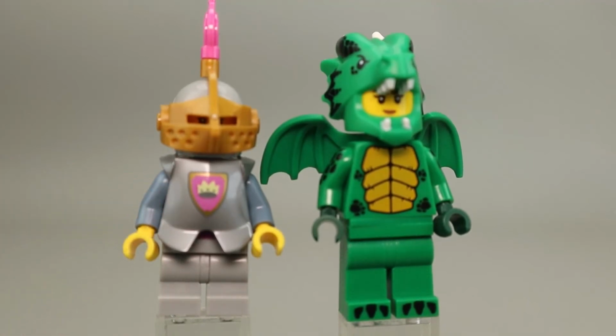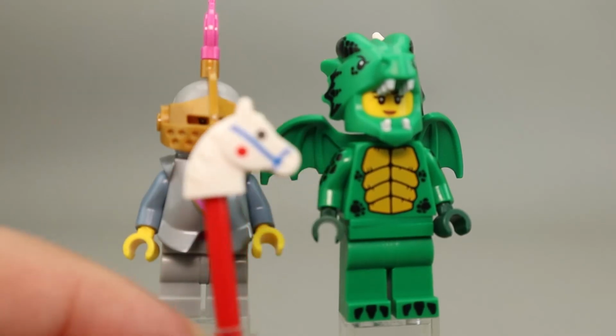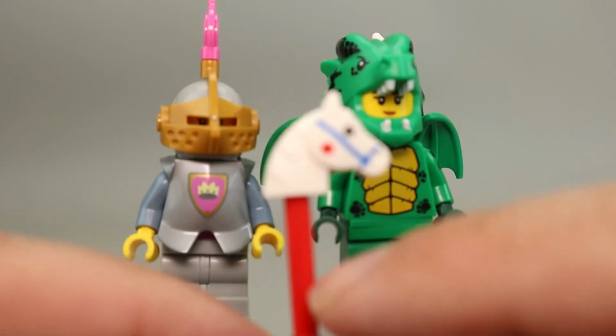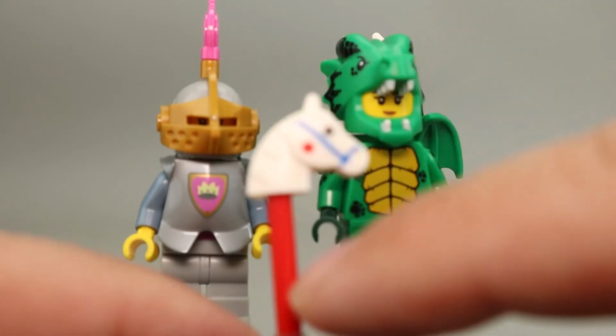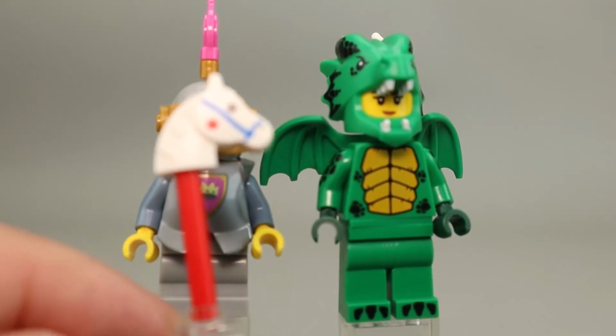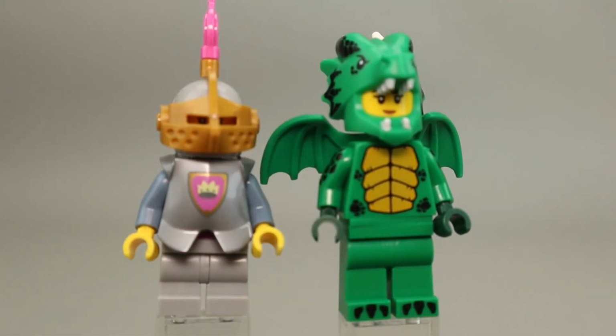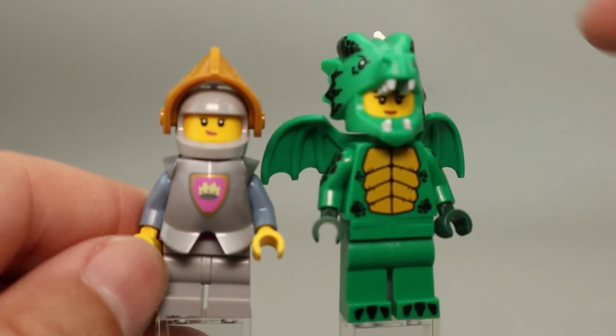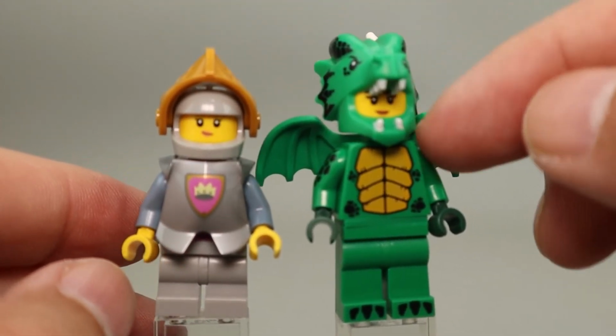And what would a knight be without her horse? So here is a horse. So this is just a play on those stick horses that have been around for a while. Kind of a cool little piece. If you look under, you see it is a girl's face here underneath there, and then our dragon costume is